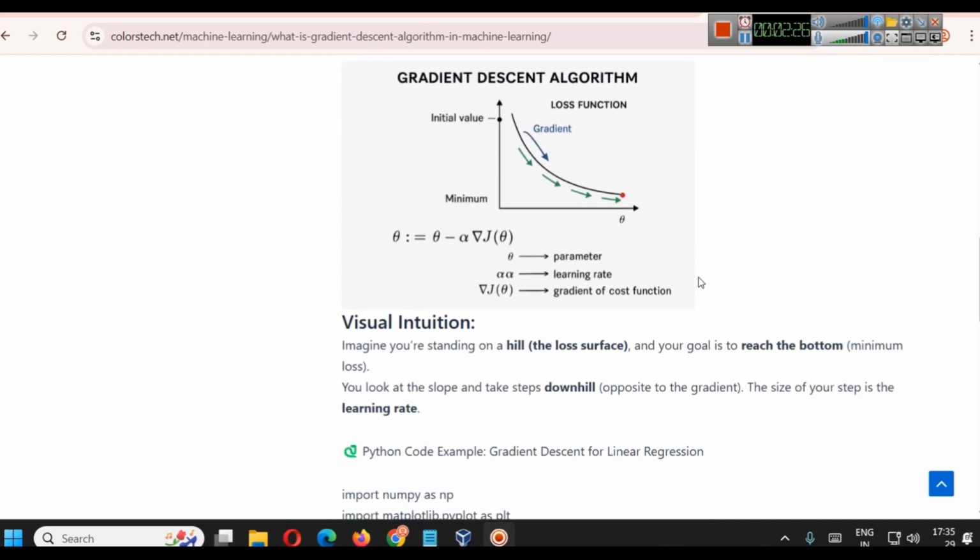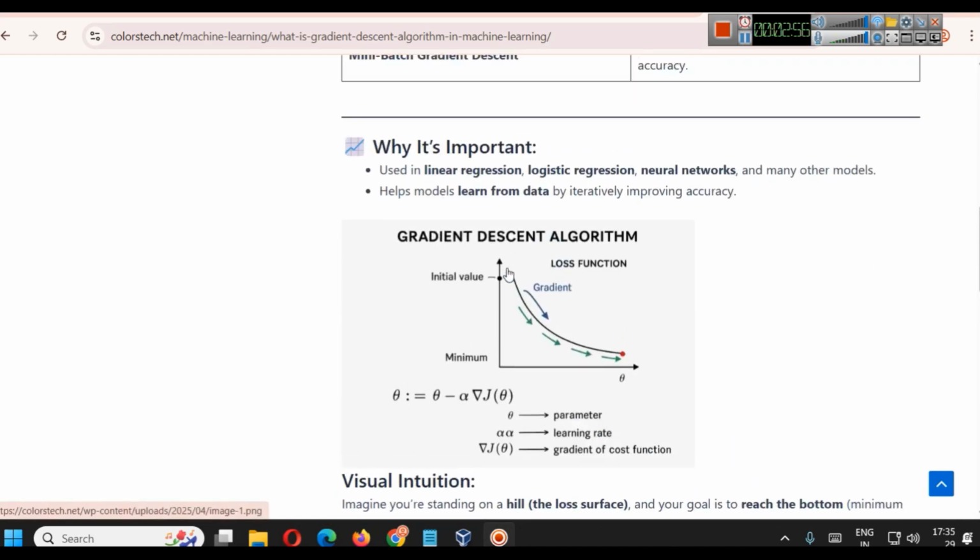A visual intuition will be: imagine you are standing on a hill, which is the loss surface, and your goal is to reach the bottom, which is the minimum loss. You look at the slope and take steps downhill, opposite to the gradient. The size of your step is the learning rate. So this is a simple visual intuition of what the gradient descent algorithm is,